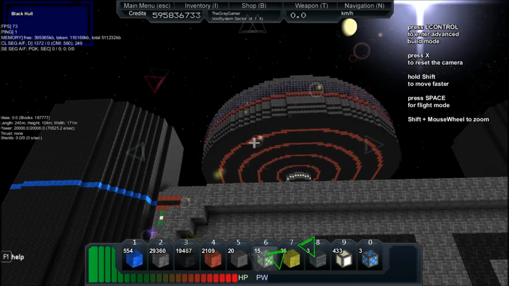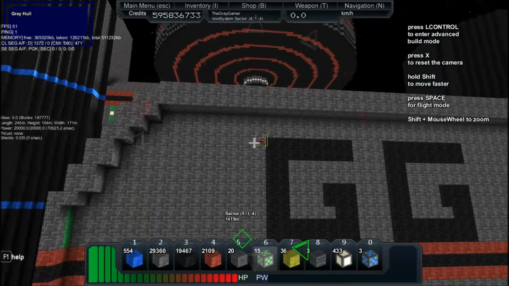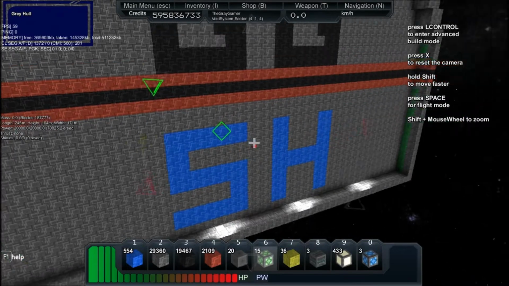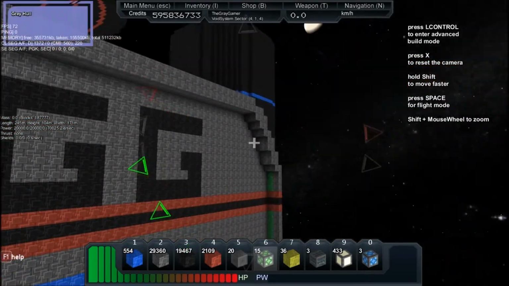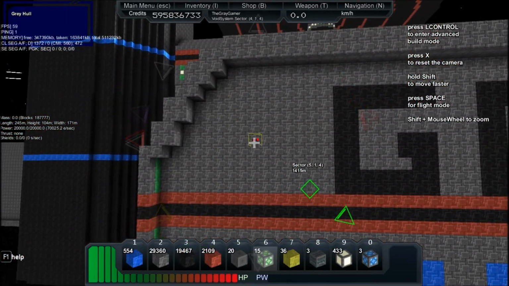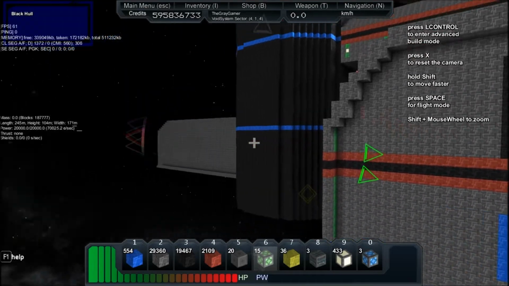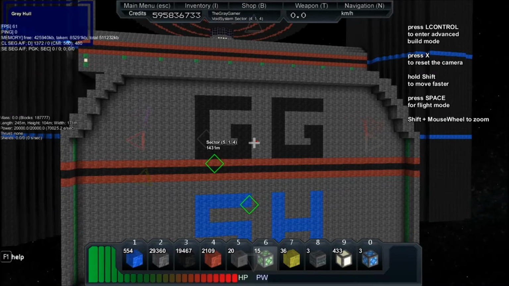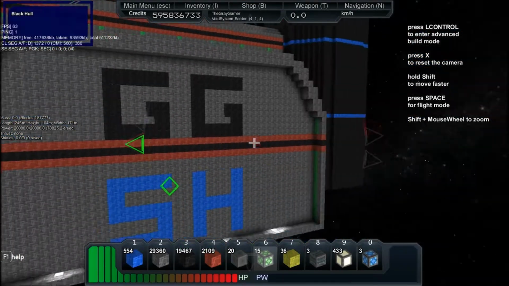My faction is Gray's Section Horde. So you got the Gray Gamer Section Horde, and there's 4 of these. Let me see if I can back up for you. Over there, over here. There's 4 of these bays, and I just closed one off